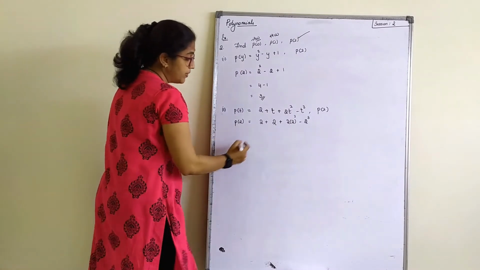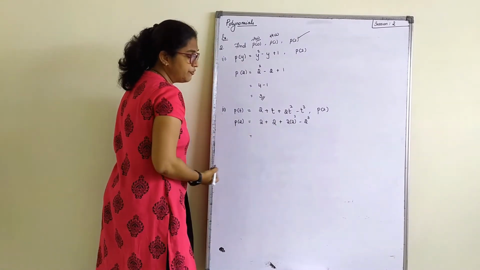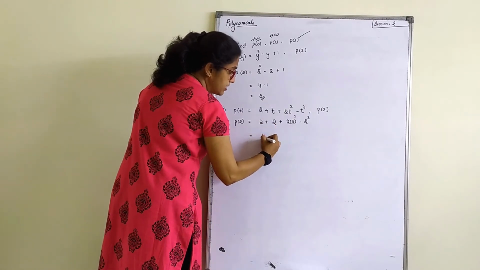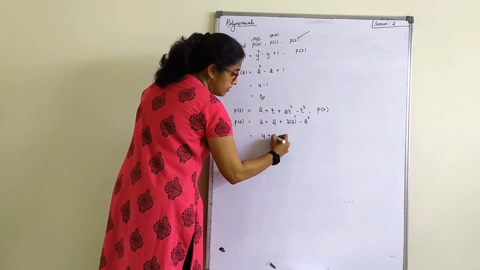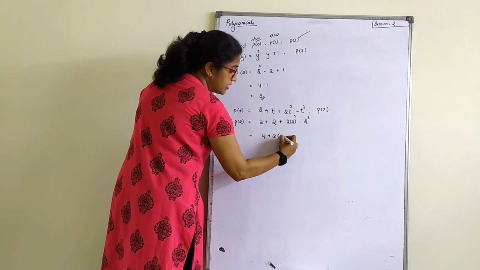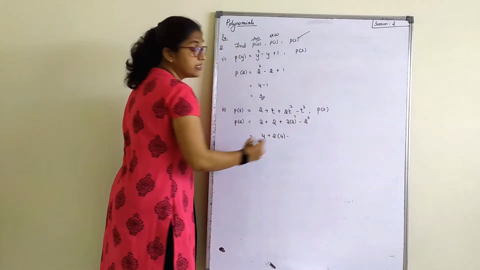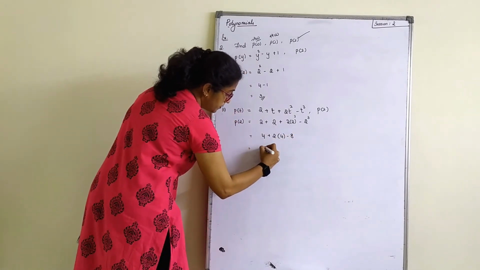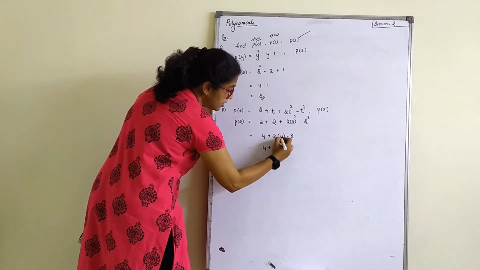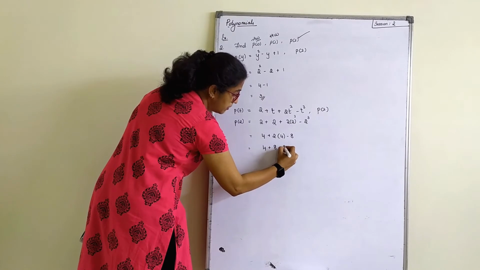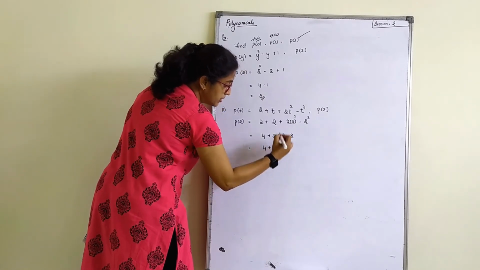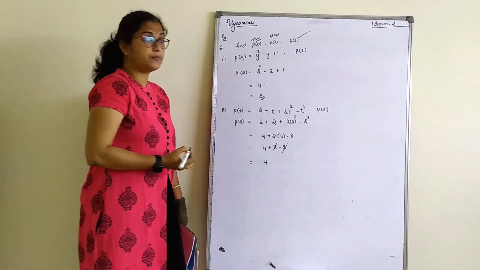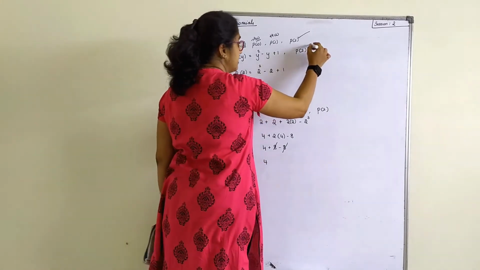Okay, so let's find out now. Whatever is simple enough you can substitute, and do the powers. 2 plus 2, I'll write this as 4, plus 2 into 2 square is 4, minus 2 cube is 8. 4 plus 4, 2 fours are 8, minus 8. Plus 8 minus 8 will get cancelled. Answer is 4. Right?